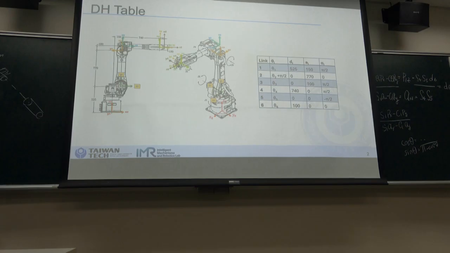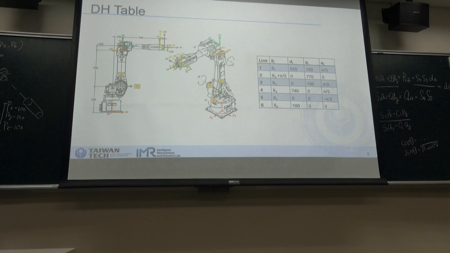This point is Px, Py, and Pz. We know this direction and the length is 100 millimeters, so we can calculate back to this position. So this position, P5, equal to P5x, P5y, and P5z, is equal to Px, Py, Pz, minus 100